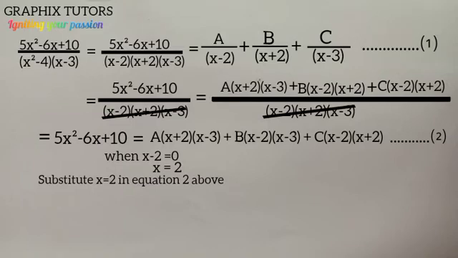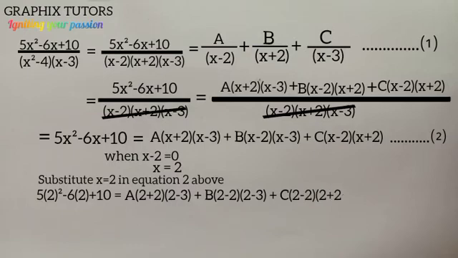So in doing that, anywhere you see x in equation 2, you are going to put 2. And when you do that, this is what you are going to be having. Now, if you simplify this further, 2 to the power of 2 on the left hand side will give us 4. And 4 times 5 will be what? 20. Now, minus 6 times 2 is minus 12, plus 10 equals, now, on the right hand side, we have